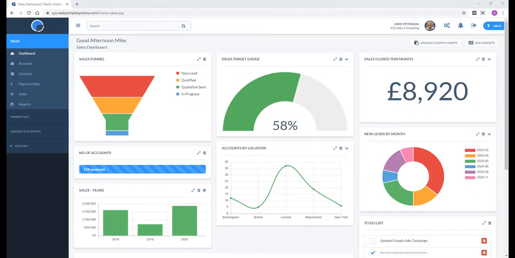Here I am in the dashboard of the sales module of my demo system XYZ Sales and Marketing. And the first thing I'm going to do is run through a few examples of reports, and then we'll take a look at the custom charts features. So the first report I'm going to run is a fairly simple report looking at your sales calls for a certain period, so that you could say, let's look at what my team have been up to over a period of time. So let's say, first of all, from the dashboard, I'm going to go to the reports menu,